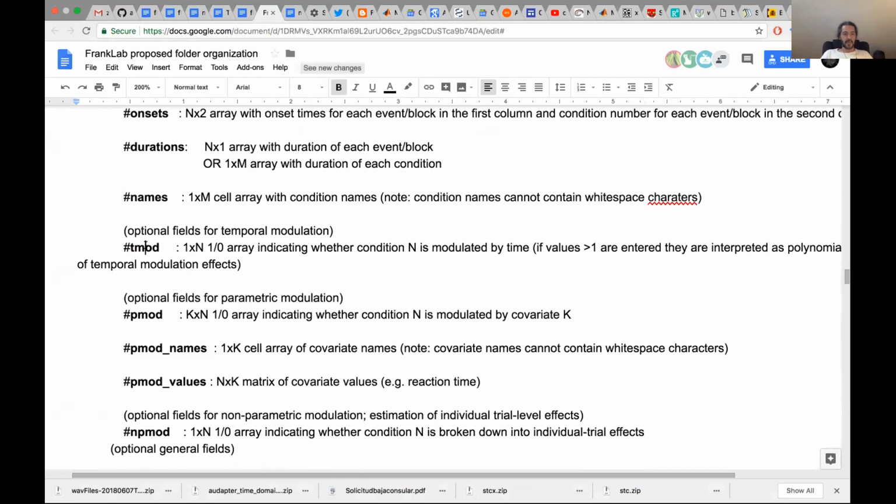So what the T-mode parameter actually does is estimate this, well, all of these models, but initially just the simplest model, just modeling linear changes over time, over the length of the session, of the responses associated with a given condition. And it allows you to specify that, just specifying whether you want to include temporal modulation or not for every condition. So if you have n conditions,